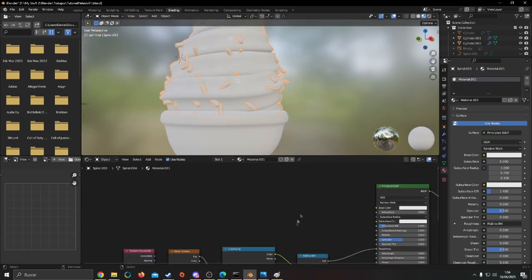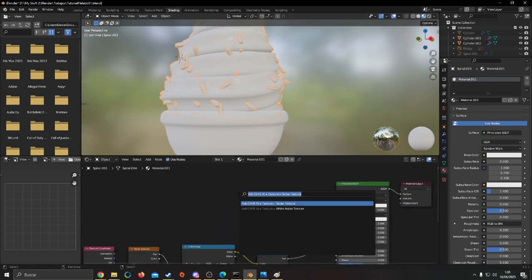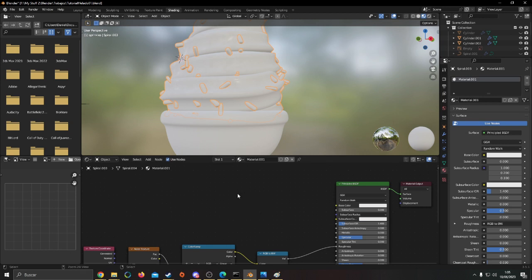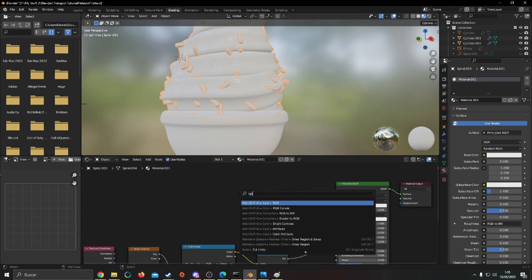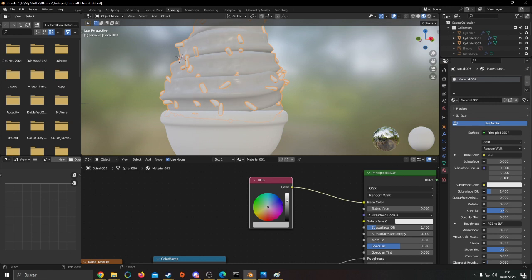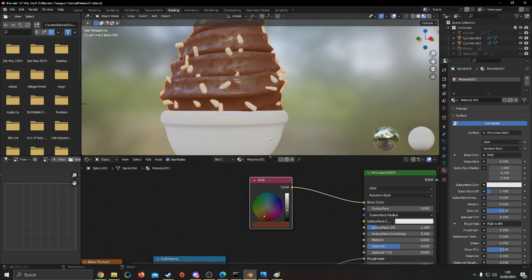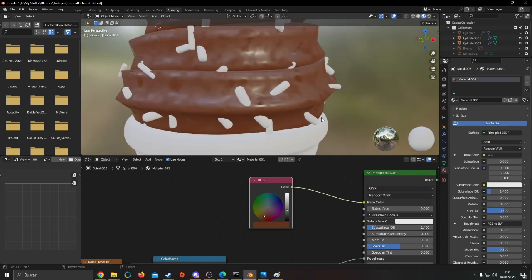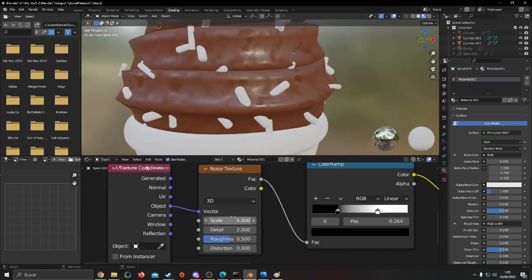So before we continue, one thing that we might want to do is go ahead and make an RGB color attribute, maybe. No, I don't remember. I've been a while without using input RGB. There we go. And we're going to be putting this into the base color, right? And this will allow us to determine what color we want our ice cream to be. So for example, let's say I want to make a sort of chocolate ice cream, and it's already looking pretty nice, but this is real low resolution,